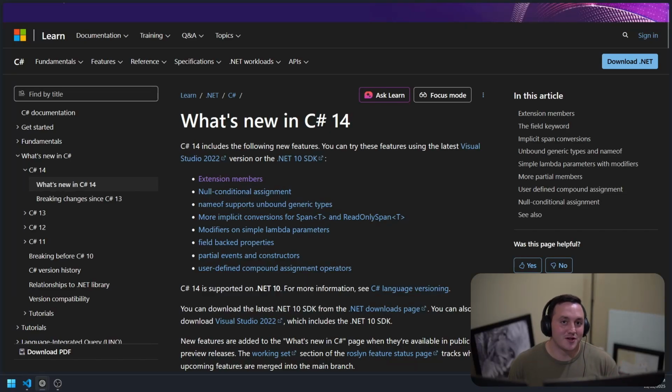The .NET nerdom continues with C# 14. Now, in .NET, you can actually write three different languages on the .NET platform. You can write F#, VB.NET, or C#, but my choice is C#. And so with every new version of .NET, we now also get a new version of C#, which obviously comes